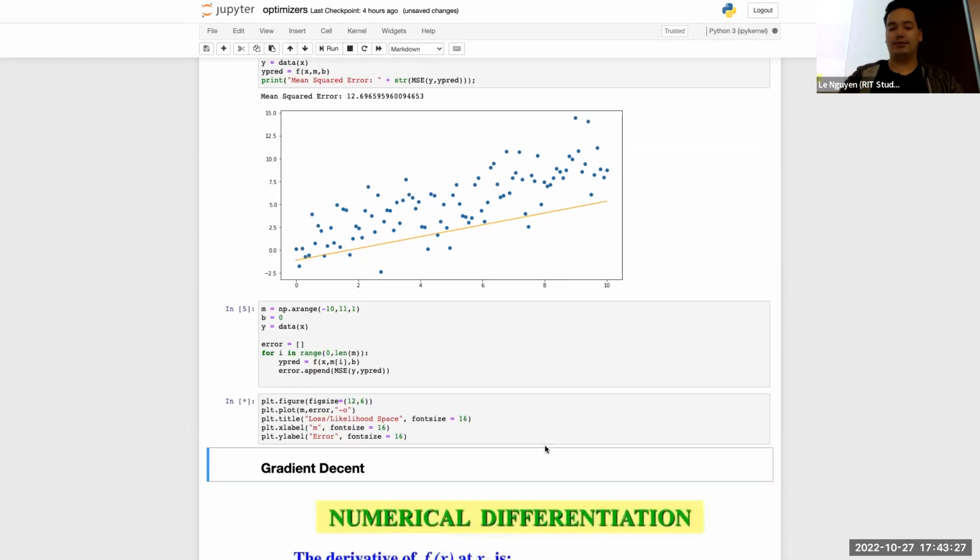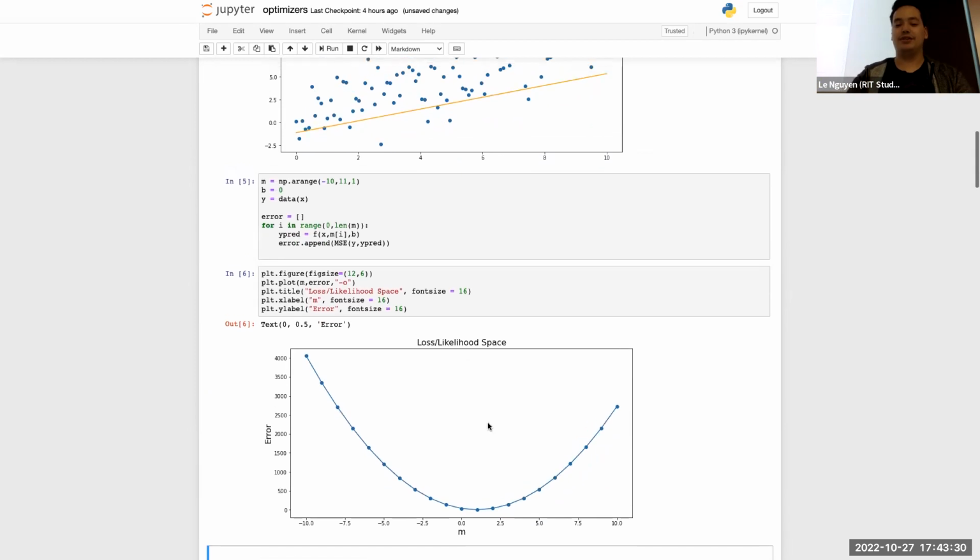So if we do that and we plot it, we can see we generate this curve, which is usually a loss or a likelihood space, depending on the literature you're reading, where the loss space is how you vary your parameters and how the error responds. So here we varied our value of m, and then we plot that against how it changed the error. So you can see that there's a way to minimize the error in our fit by finding the ideal value of m. And this is a common thing across all algorithms. You're basically just searching your model space, your model's weight space, or parameter space,